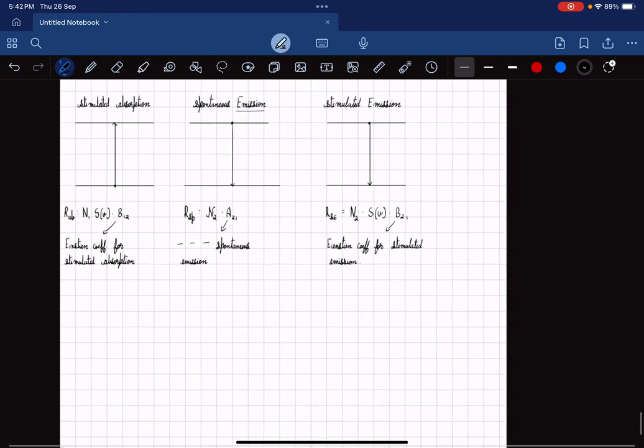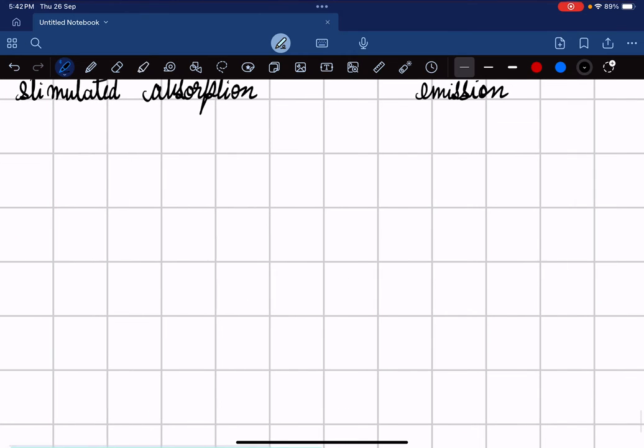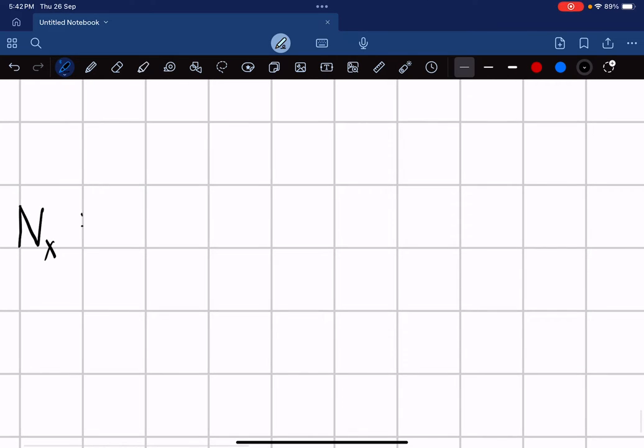Yes, so now we can move on and define some of the terms that I mentioned here other than the coefficients. So N is the number of atoms or molecules or particles, whatever we have in a level,